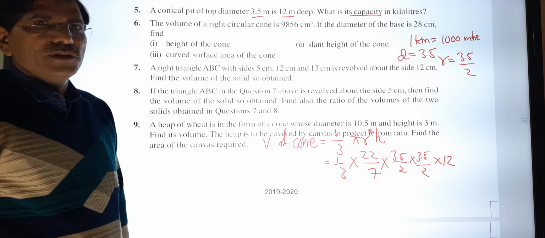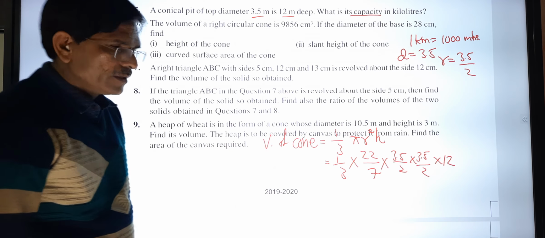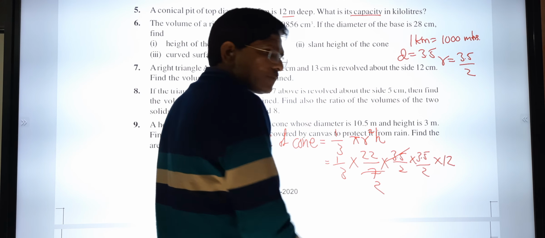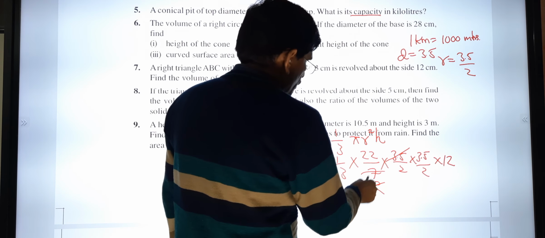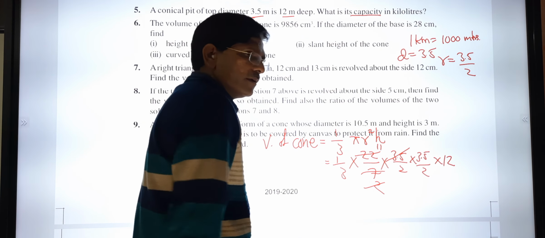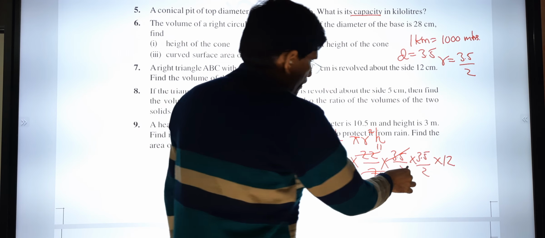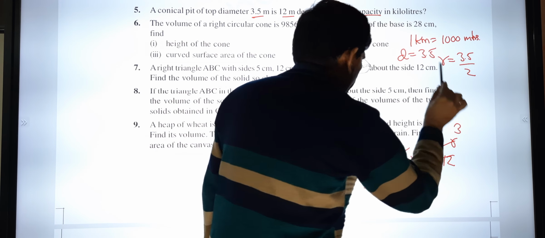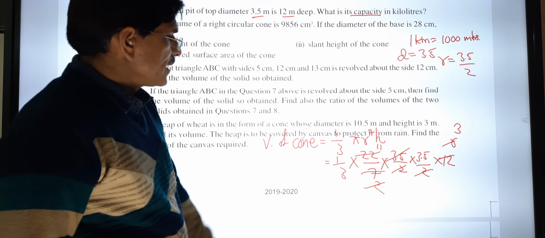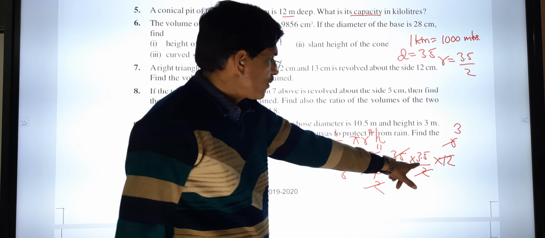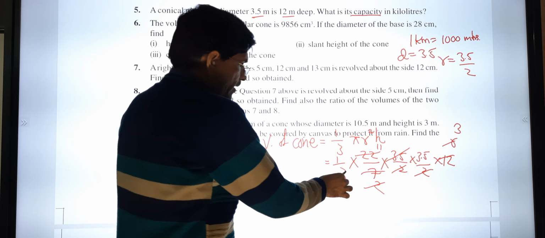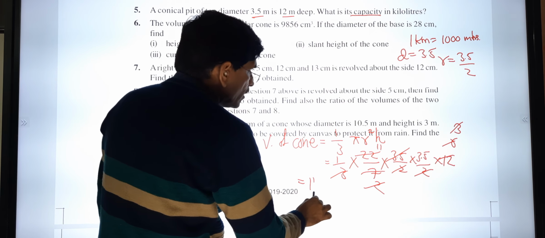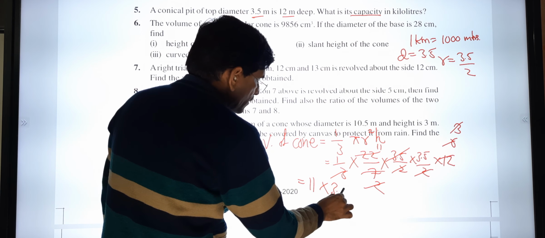The important thing is how you are doing the cancellation. Many times I am saying to you, 3.5 into 2 we can do. So 2 into 11, again 2 into 6, again 2 into 3. Now the only remaining are 11, 3.5 and 3. So we can cut these 3 also. So 11 multiplied by 3.5.